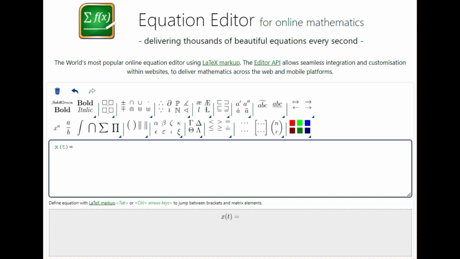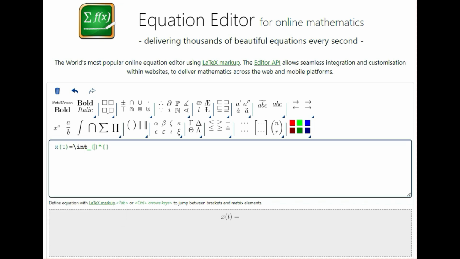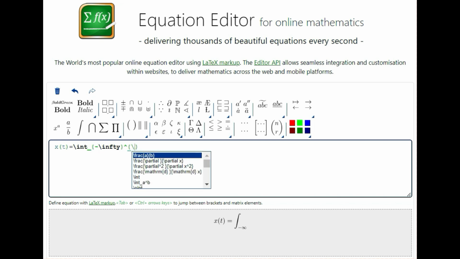The equation is like this: x of t is equal to the integral from minus infinity to infinity. So I select this integral. I am going to type infinity here. I am getting infinity. So minus infinity I am going to put,